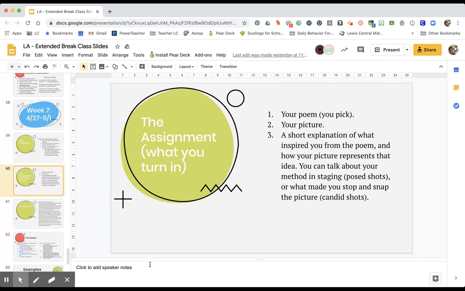What you're actually going to turn in are three different things. You're going to pick one of the poems on the following list. It's 2 slides down from here, on slide 62 if you have this presentation open and you're following along with this video. You're going to pick one of the 8 poems, copy and paste it onto your graphic organizer. Then you're going to include your picture. Now, you can pick to do one picture or a gallery of pictures, but you need at least one